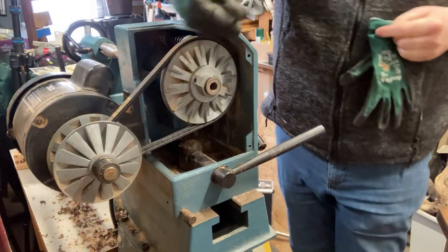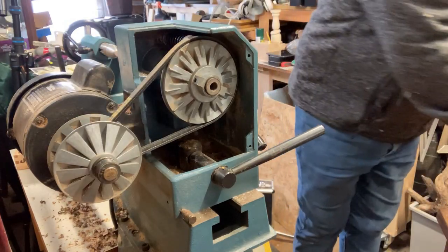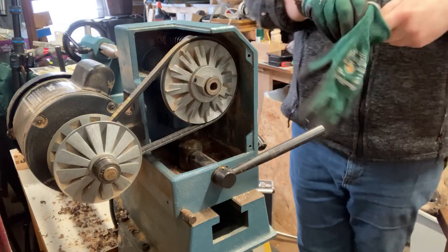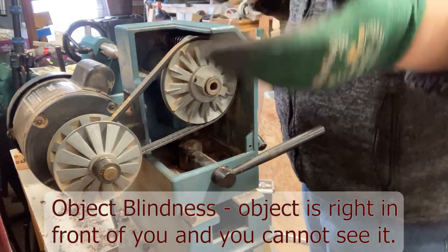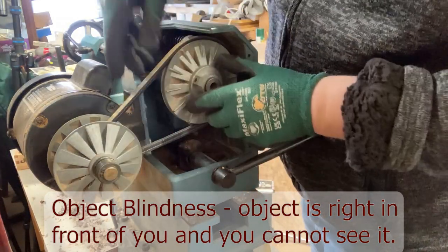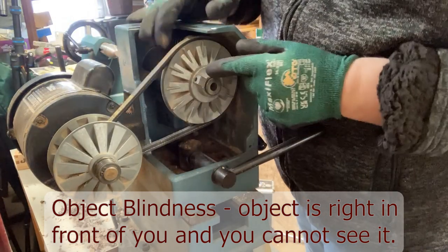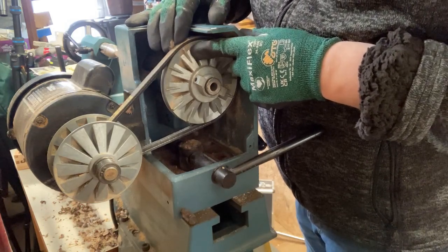Okay, so this is a circlip that pinged, and I'm just popping that in the sake cup just now as well. Yes, I probably should have done it, but part of my object blindness makes it a bit more difficult to see. Okay, so I think I've got lucky, and this is now